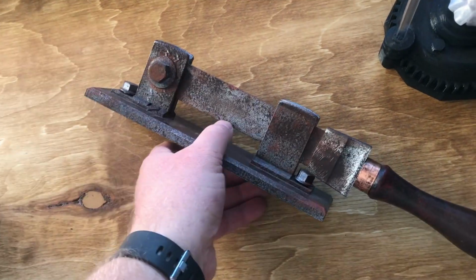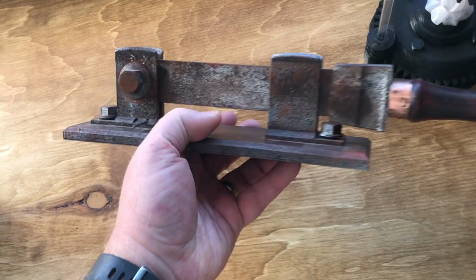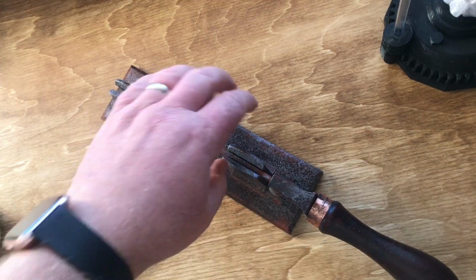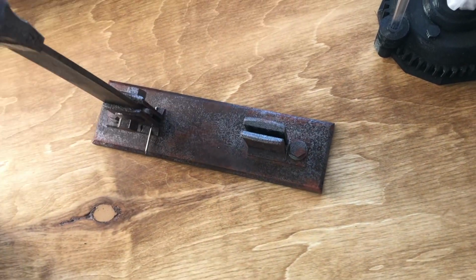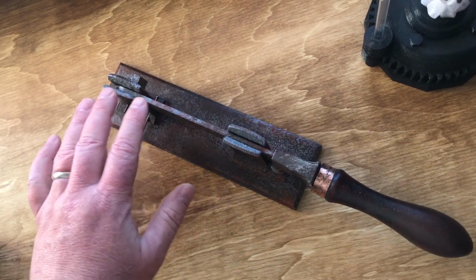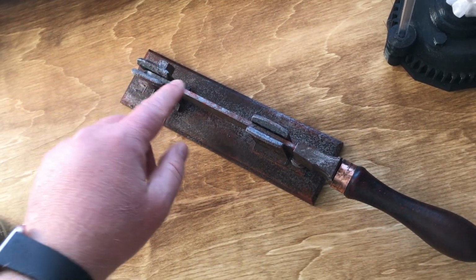This is a 3D printed knife switch prop and it's turned out just fantastic. It's very authentic looking, and the best part about this switch is it's a functional switch. You can actually hear when it comes down, that click, if you hopefully hear it on the microphone,